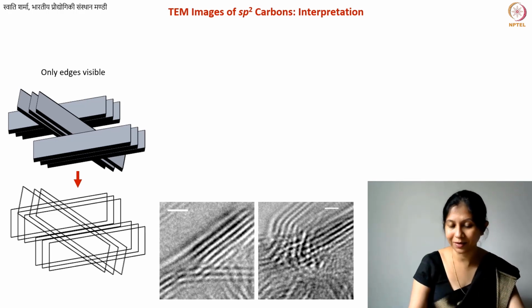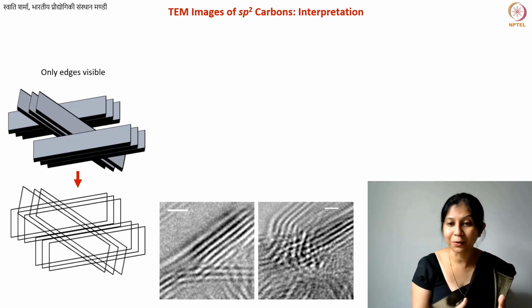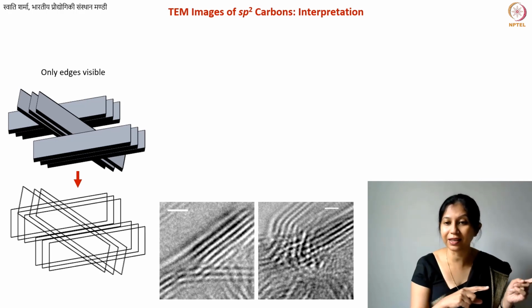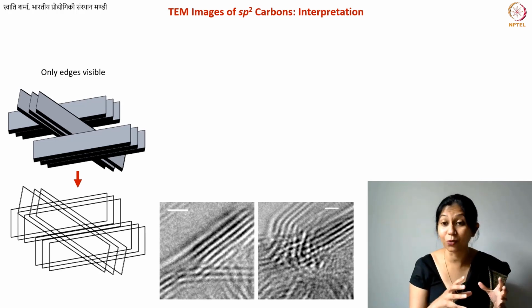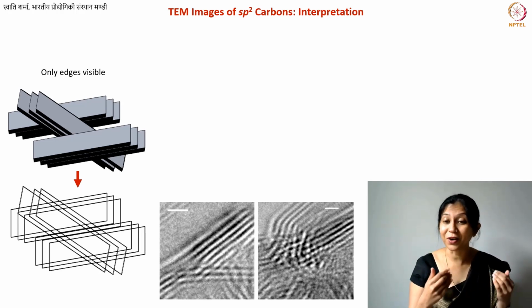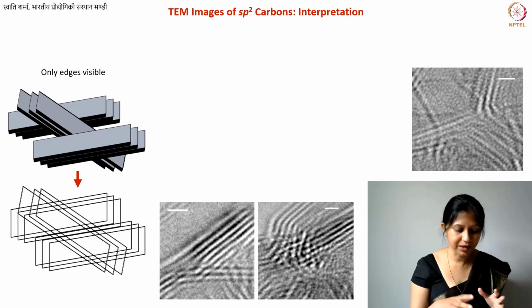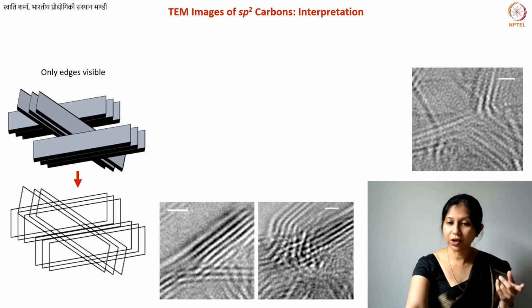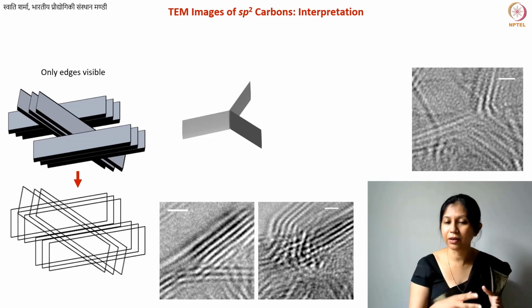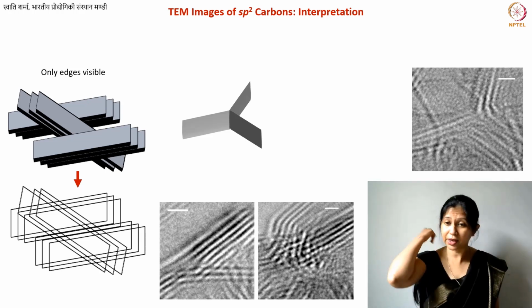So these intersecting planes, this is also something you need to be very careful about, because here the other thing that is important is that what you see is just the edges and not the entire solid material. Okay. What else? This image again, I show this. I really like this image. I show this multiple times. Okay. What I thought when I first saw this image, it looks like this. It could potentially look like this.